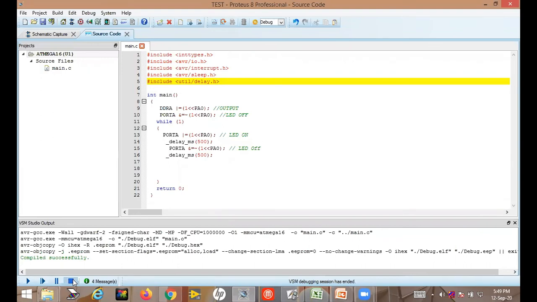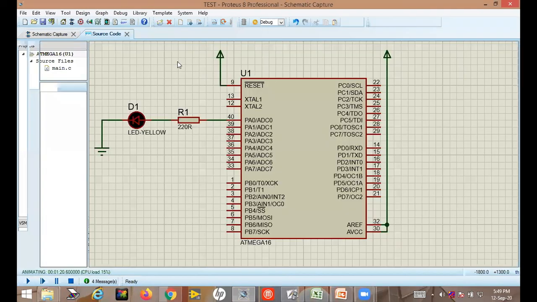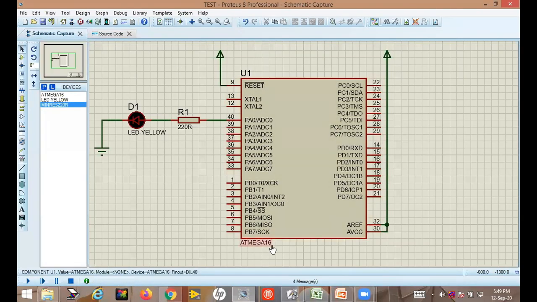Hello, sir. For today, this much. Any doubt? Yes, sir. Sir, without a crystal oscillator, how is the microcontroller working? Yes, very good question. See, which microcontroller are you taking? ATmega16. Yes, sir. ATmega16 is the microcontroller, and on the chip of the microcontroller there is already one calibrated RC oscillator present. That oscillator has the capability to generate your clock up to 8 megahertz.